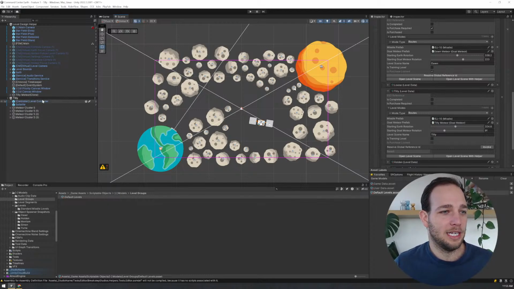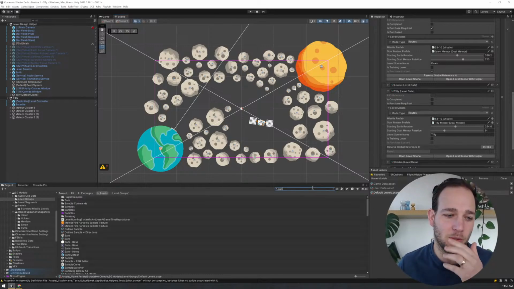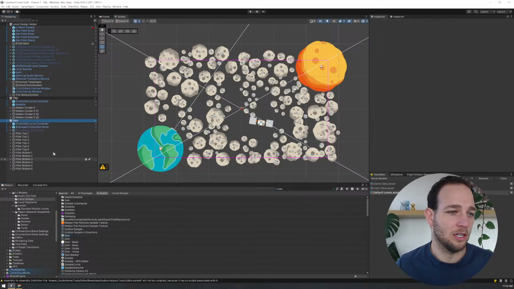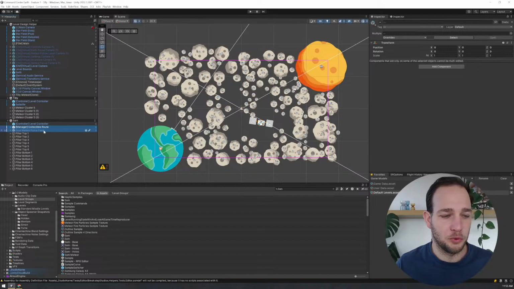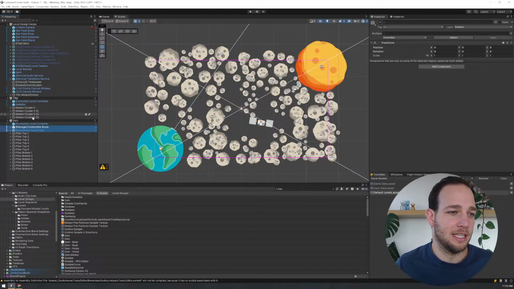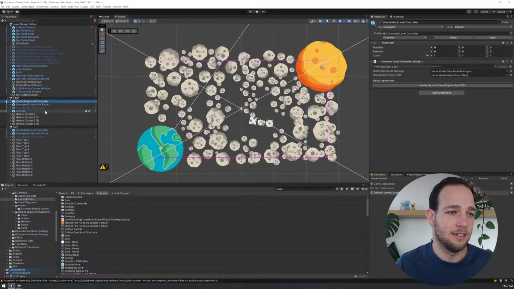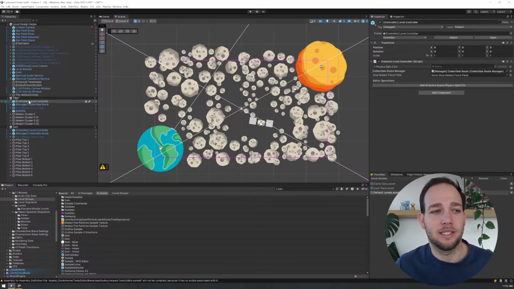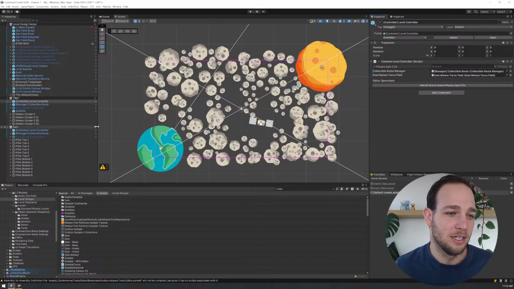The first thing I do is start from a fresh level, and I need to do all the plumbing and whatnot. One of the things I do is search for a level that already has level routes in it, and I need to copy these two game objects: my collectible routes manager and my force field, and I just paste them right in there. This is the boring stuff. You didn't really come for this, but just in case it's interesting how games get created and all the small shortcuts we take as game developers. So that's an easy thing to do right there.